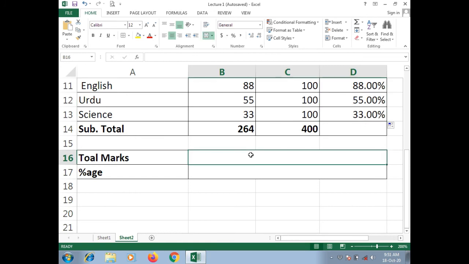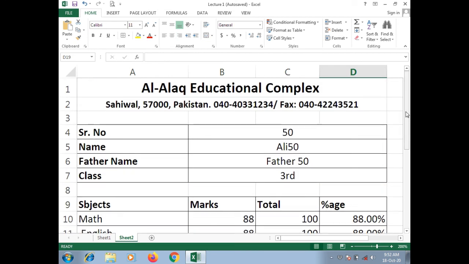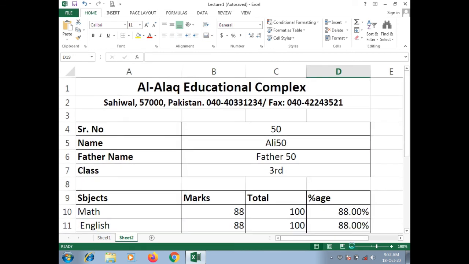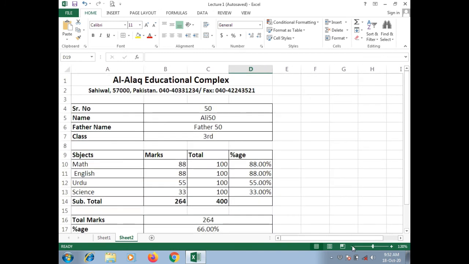So total marks, again equal sign, copy this, and then percentage of total is going to be 264 divided by this total marks, and then percentage sign. Total grade is 66. In this way, you can see we have developed a result card.